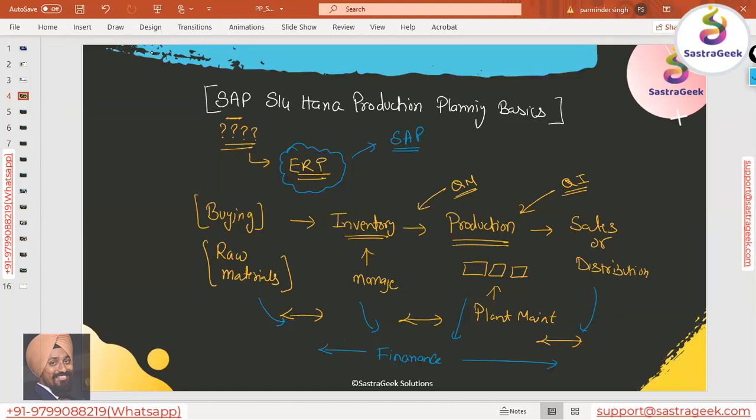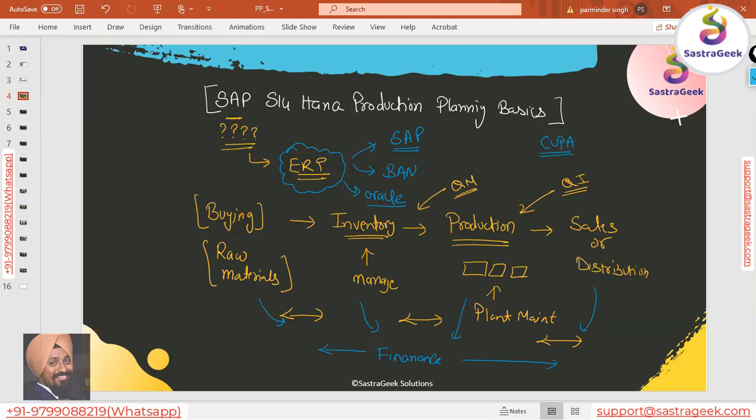But we have other third-party software also available. We have BaaN ERP, we have Oracle ERP. There are some specific ERPs which do not provide full end-to-end things, but handle some part of it. Let's say Coupa is there. Earlier we had Ariba.